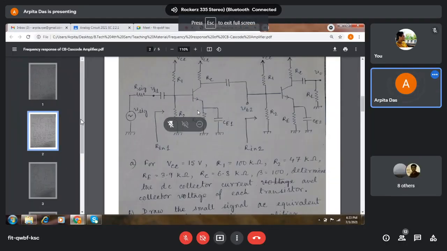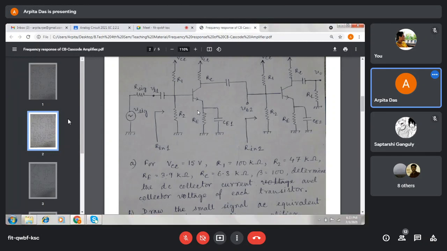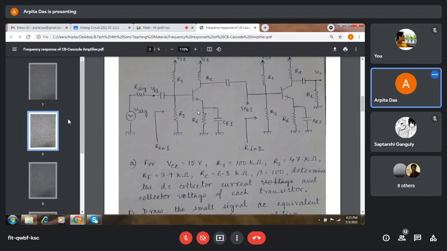The major fault of cascading is that by this way we can easily improve the gain of the overall amplifier, but the overall frequency bandwidth of the composite structure is reducing. As we cascade more and more stages, the overall frequency bandwidth of the amplifier is reducing. So we may improve in one side, but we need to pay for it, and that payment is the reduction of the frequency bandwidth.